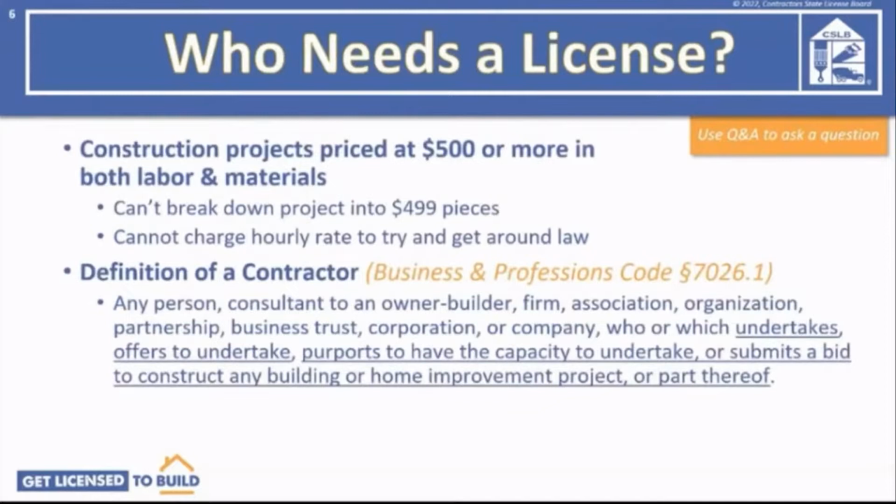Here in California, a state contractor's license is needed for all construction projects priced at $500 or more. That total includes both labor and materials. The law doesn't let you break down a project into 499 pieces. It's the entire project. Also, you cannot charge an hourly rate to get around the $500 threshold. If the hourly cost times the number of hours for the job totals $500 or more, you need a contractor's